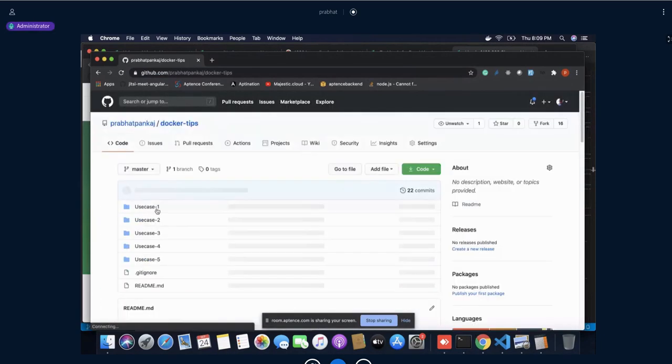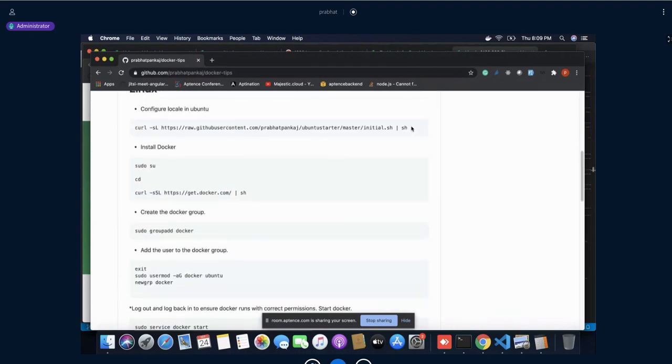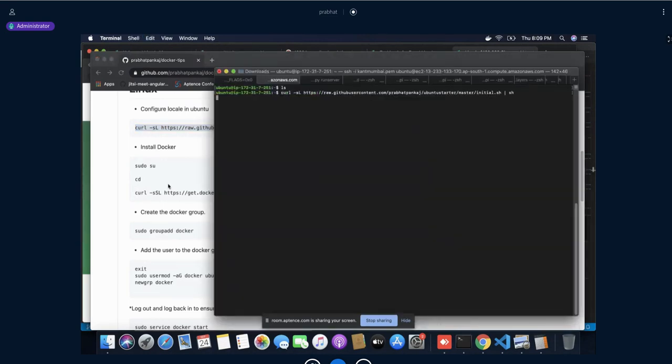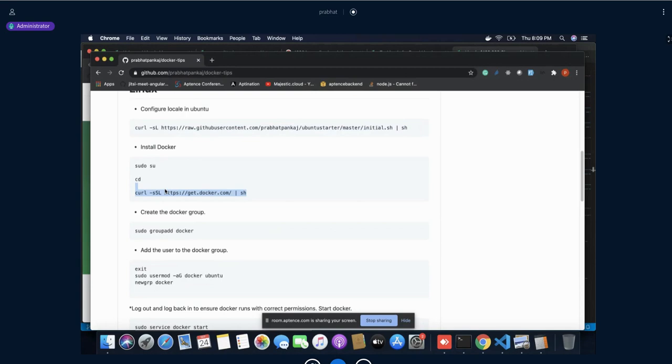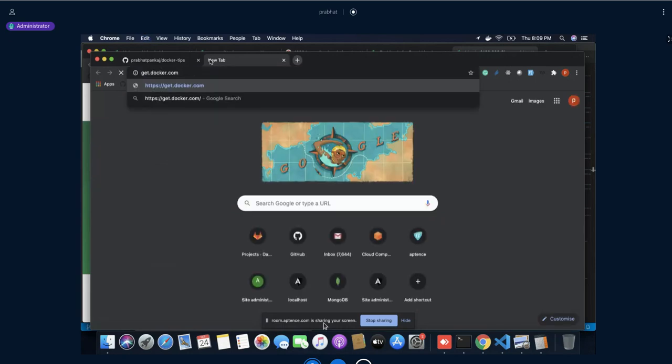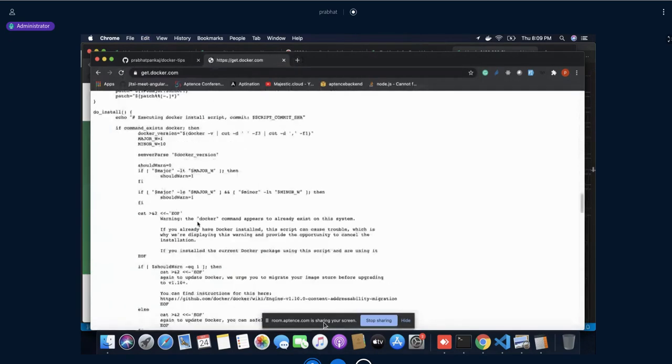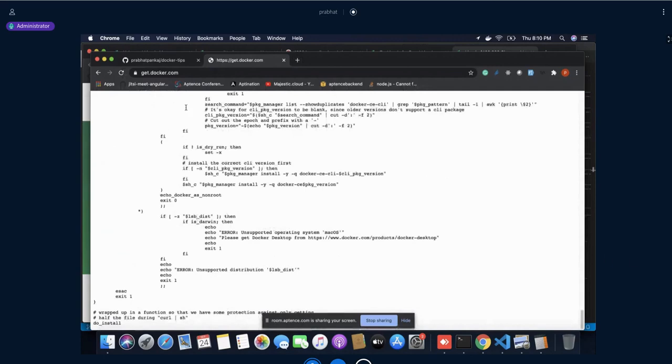If you see here, I have already added this script. So in this, we just need to perform the first step like this one. Once it's done, then you may have to perform this step. See, this is a single line of script. Using this, you may be able to install Docker inside your Ubuntu 18.04 machine using a single line command. So technically, this is a shell script. If you go to this detail, you would find it is nothing but a shell script. So what exactly we are doing here, without downloading this file, we are accessing and installing all the script.